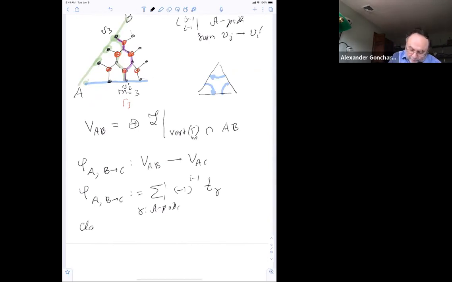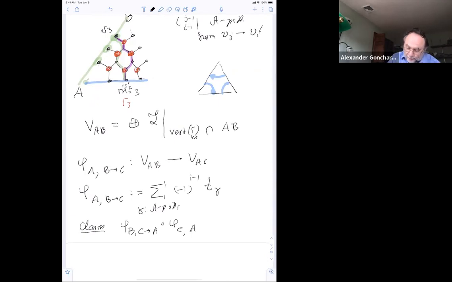So the claim is that if you consider the composition phi B C to A composed with phi C A to B composed with phi A B to C, this is identity, and they are mutually inverse to each other. And therefore, the conclusion